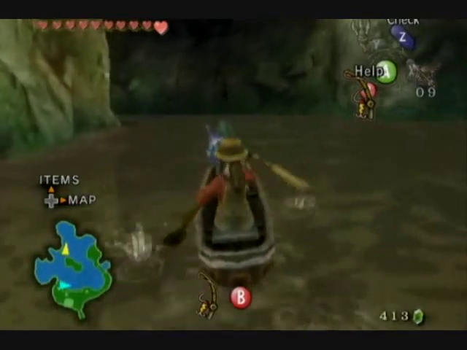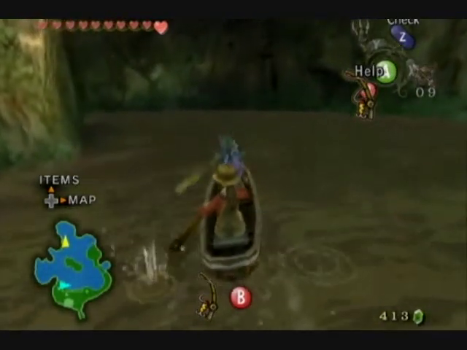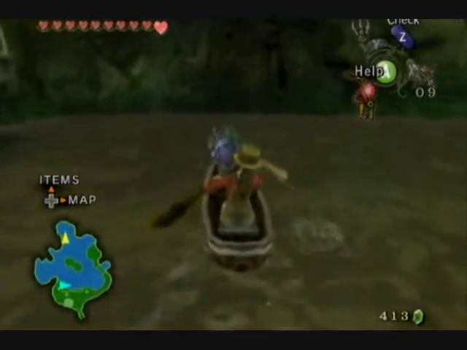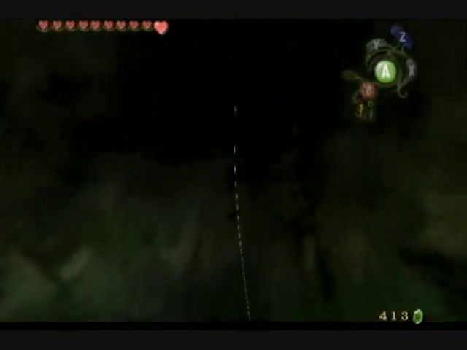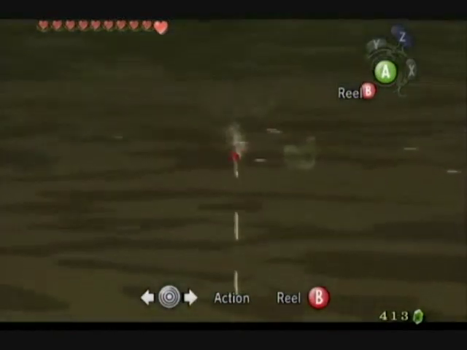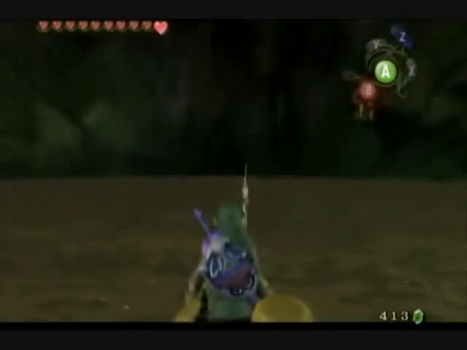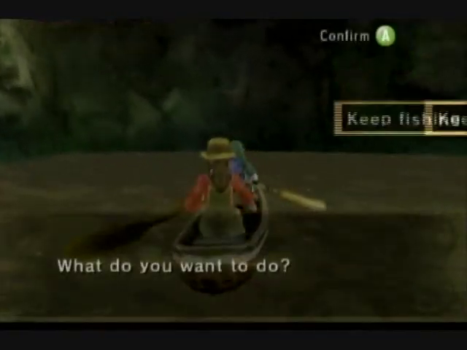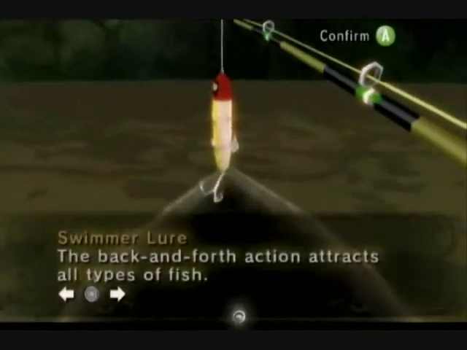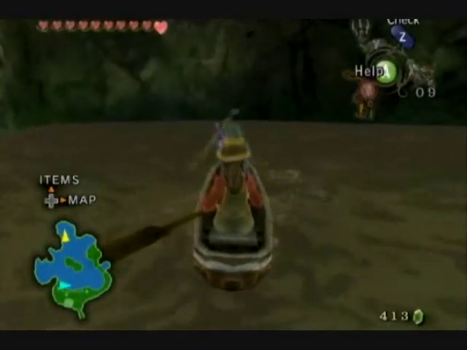Those are the 4 fish you can catch in this area. I think there might be an eel in the lake, like in Ocarina of Time, but I'm not sure. I've never gotten it. And again, I think that the Hylian loach is the ultimate fish. The ultimate fish in Ocarina of Time was the eel, ironically, because